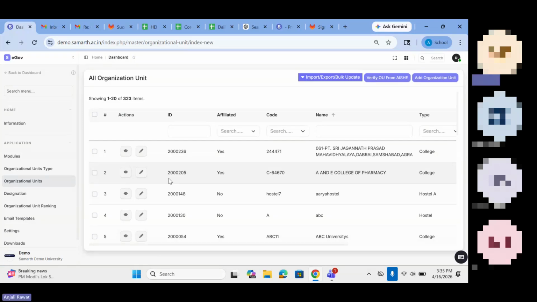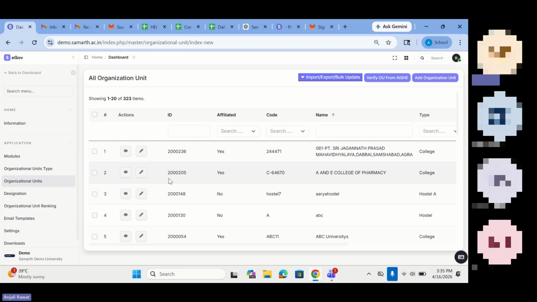Your institution name will be reflected from the entry which we have provided by default. You have to update the default entry according to your institution. The type will be selected as university. Then you need to update your institution details there, and your ASHA details also. The status should be published.